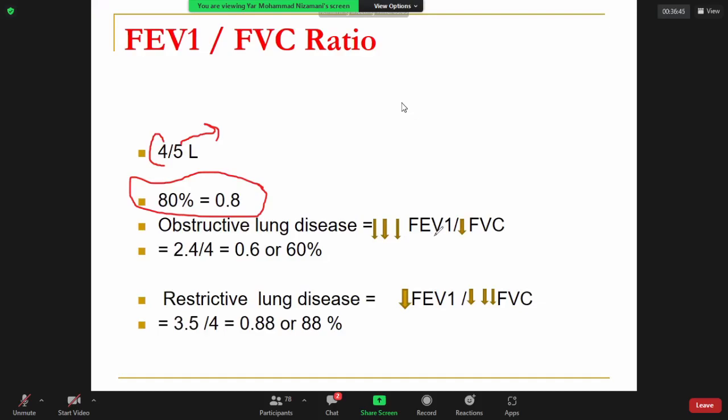FEV1 बहुत कम है, FEV1 मतलब एक्सपायरेशन इन फर्स्ट सेकंड, डायरेक्ट एक्सपायरेशन का तो इशू है ऑब्स्ट्रक्टिव लंग डिजीज में, तो FEV1 मैसिवली कम होता है, लेकिन FVC यानी वाइटल कैपेसिटी थोड़ा कम होता है, इतना इशू नहीं होता, क्योंकि एक्सपायरेशन का तो मसला ही नहीं है। तो अगर आप 4 लीटर जो FEV1 है उसको बहुत ज्यादा कम करेंगे, और FVC को थोड़ा कम करेंगे, तो थोड़ा मसला होगा,